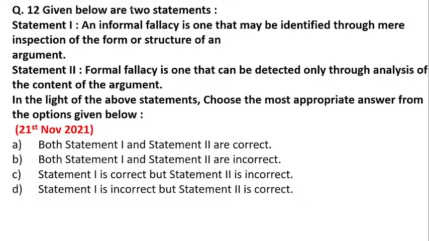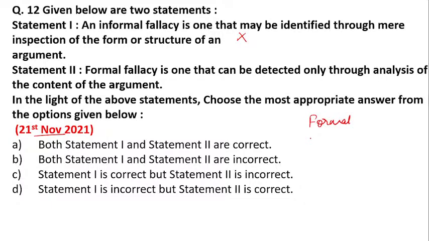So this question has been asked in a different way in one of the previous questions. This question is again from the 21st November 2021 examination. It says informal fallacy is one that may be identified through mere inspection of the form or structure of an argument. Remember, students, informal fallacy is the fallacy which comes from the content. So this statement is false. Again, I will tell: formal fallacy is because of the structure